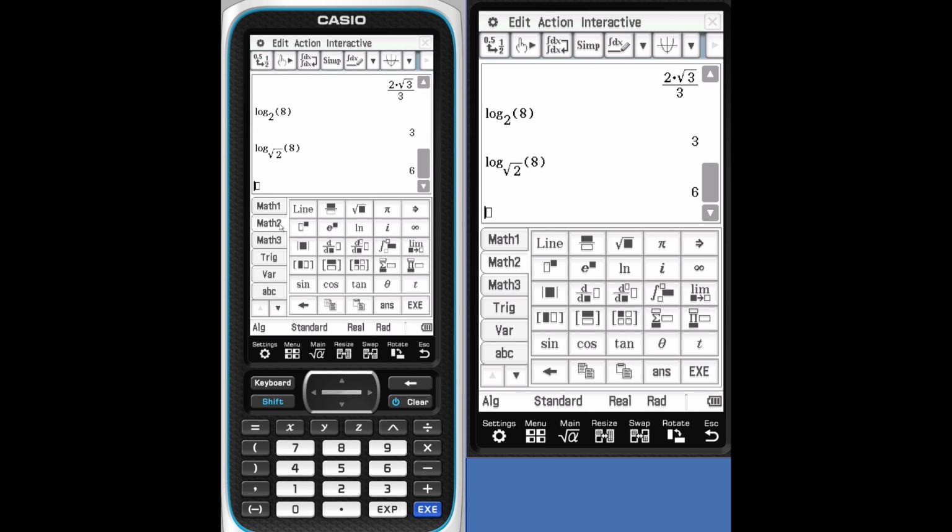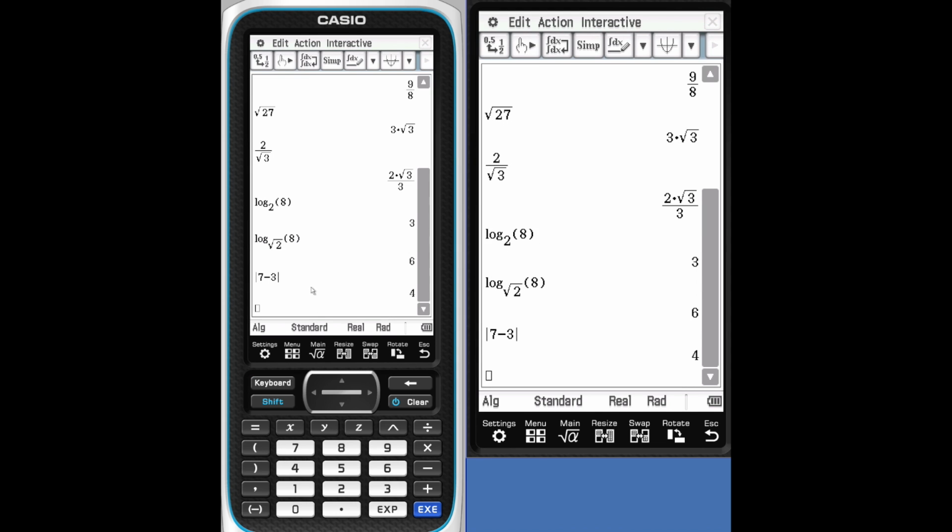Math 2 has more options. We'll take a look at this in a minute. Math 3. Let's go back to Math 2. Absolute values will appear like absolute values. To turn off the keyboard, simply press the keyboard key and it goes away.